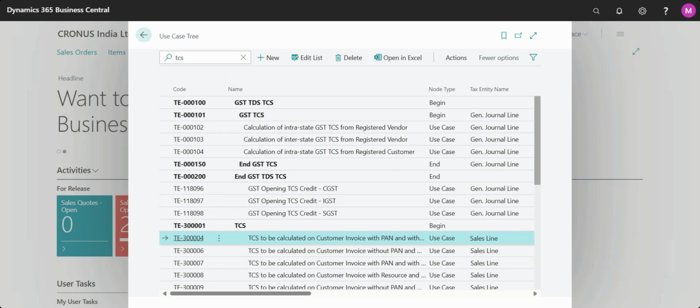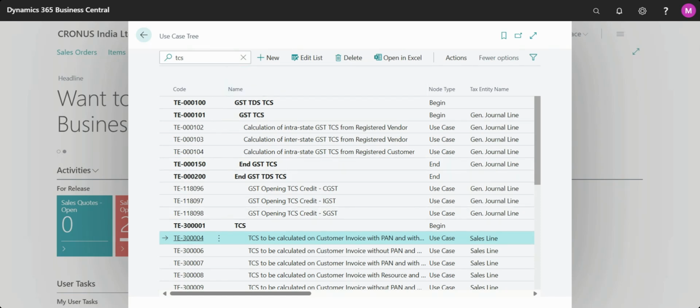So the system is showing that this use case will work only on sales quote, sales order, and sales invoice. So this will automatically work when you open the sales quote, order, or invoice, and you assign TCS as the tax category in that document. This will automatically get information from this use case tree.